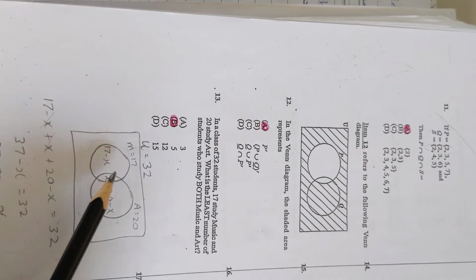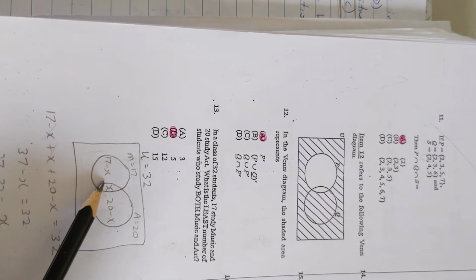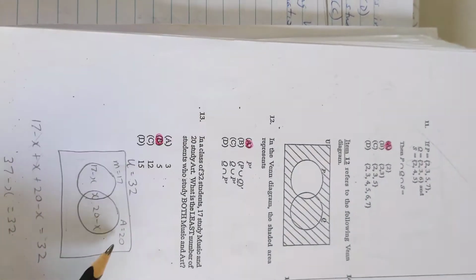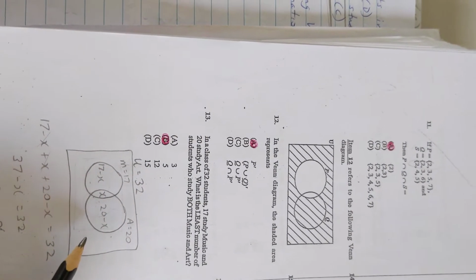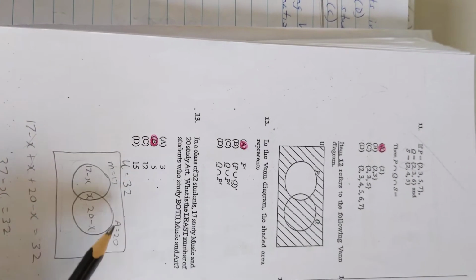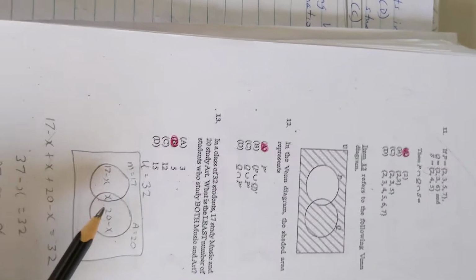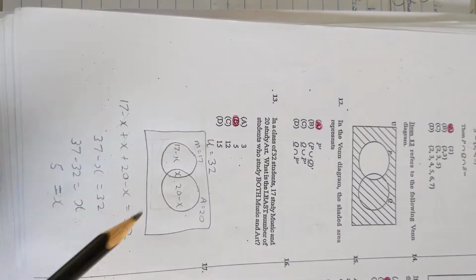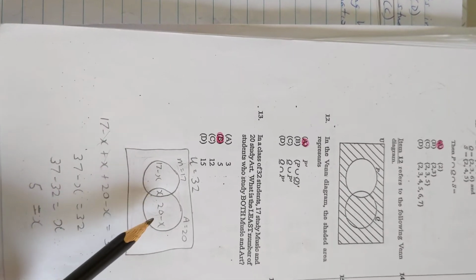And since 17 study music, the whole circle has to add up to 17, meaning inside here we already have X people, so 17 take away those people, 17 take away X. The whole art's supposed to be 20, so the whole circle is supposed to be 20, but we already have X people inside the circle, so you're going to have 20 take away X. And I know everything in the circle has to add up to 32, so 17 minus X plus 20 minus